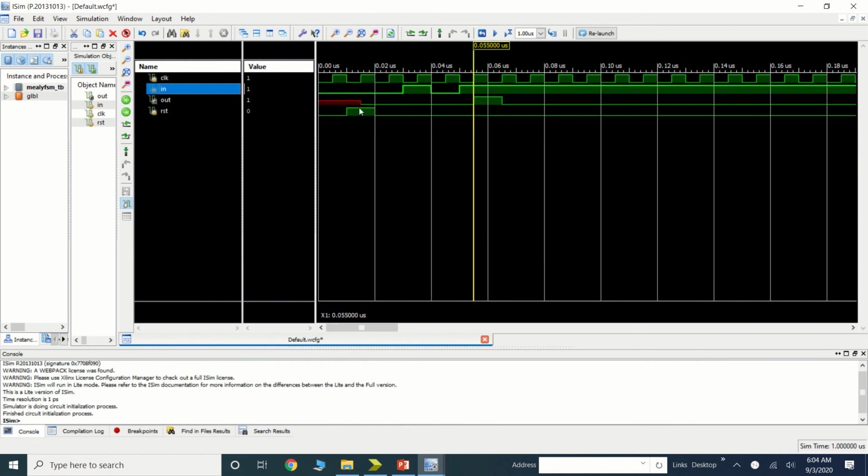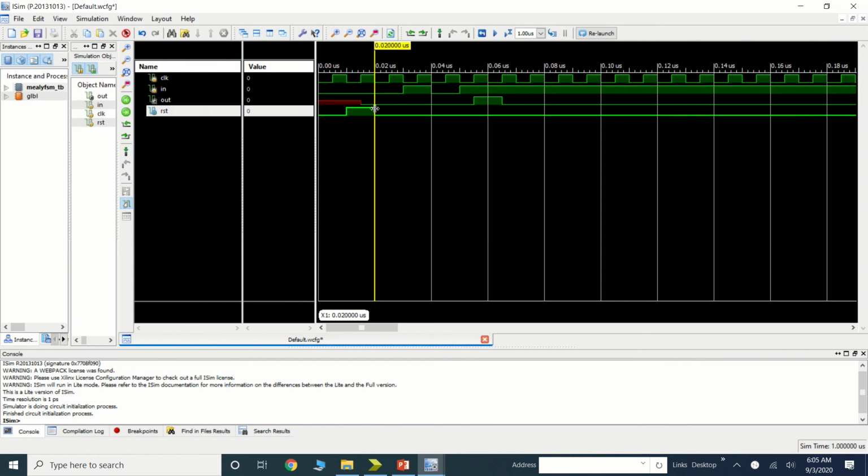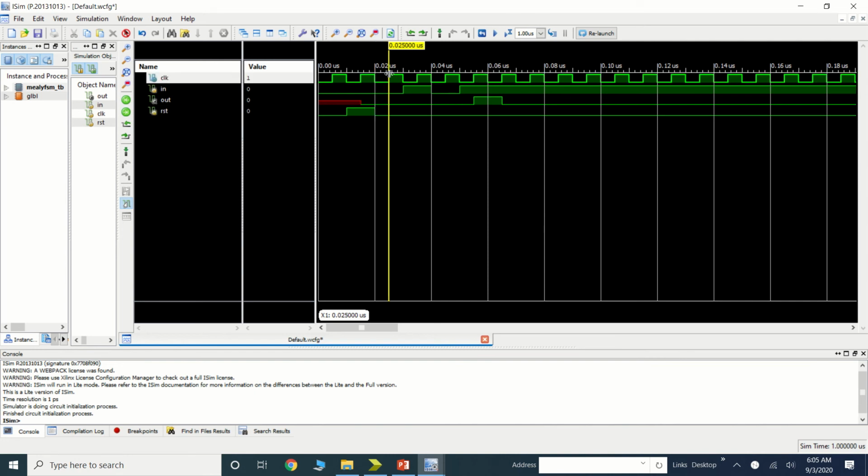Initially you can see that this red line indicates there is no output. We have to check when the reset equal to 0. So from this reset equal to 0, in the always block, we'll check our output at the positive edge of my clock. So this is the positive edge of my clock.